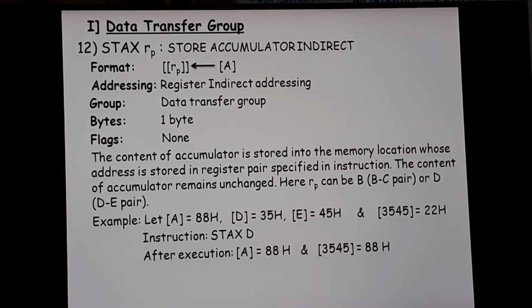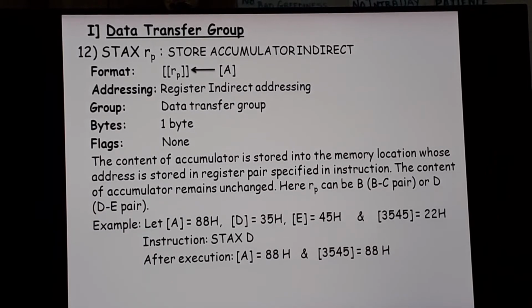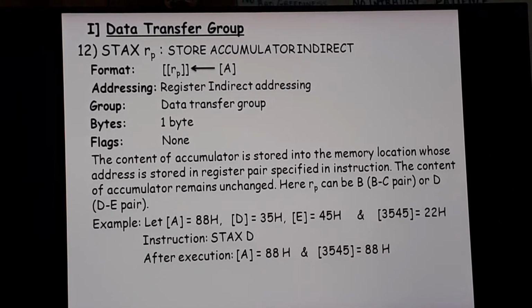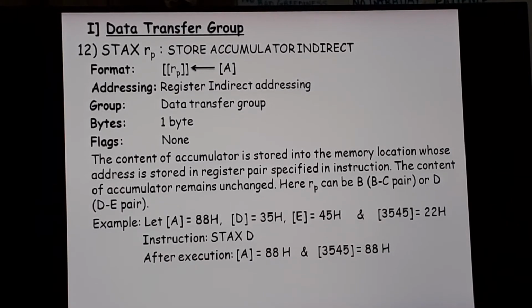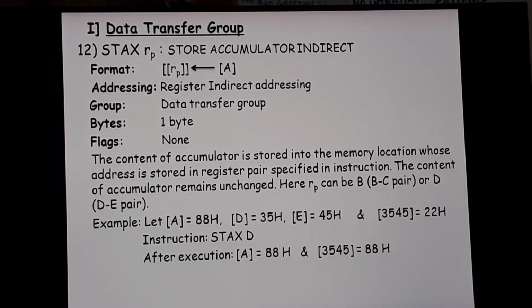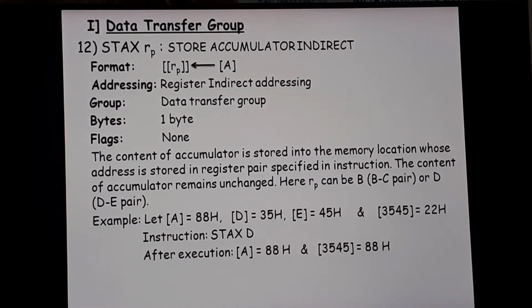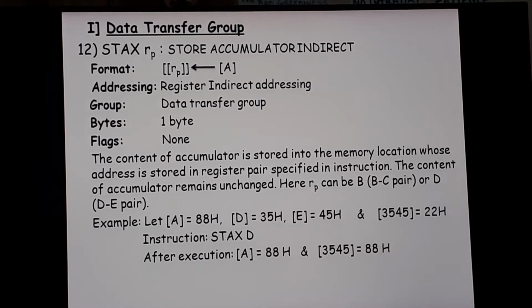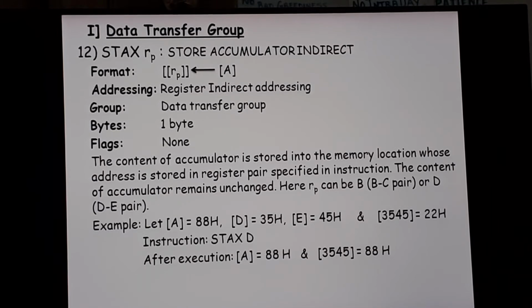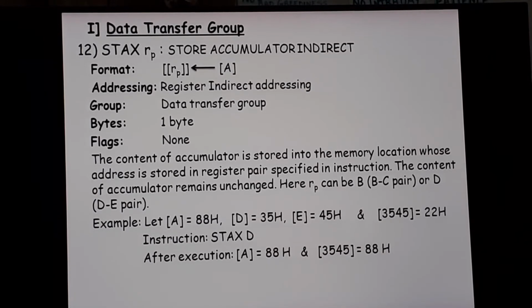Now in the same way you will see STAX, that is store accumulator indirect, which is the opposite of the previous instruction LDAX. Same way LHLD, SHLD: LHLD is load, SHLD is store. Both are opposite of each other. Okay, same for LDAX, STAX. If you remember the LDA and STA instructions, LDA was load accumulator directly, and STA was store accumulator directly. So this instruction is particularly the same as STA and LDA. In LDAX, only the X comes in, so hence it becomes an indirect instruction. Okay, now STAX is store accumulator indirect.